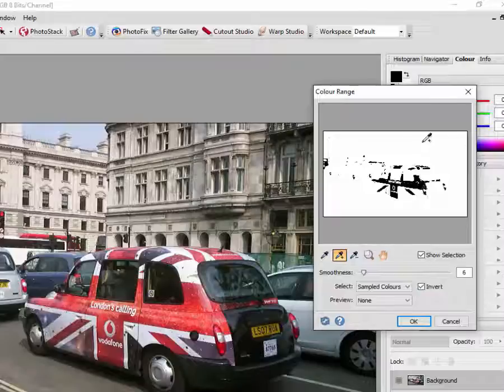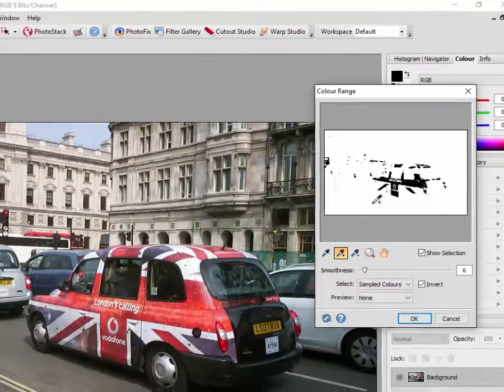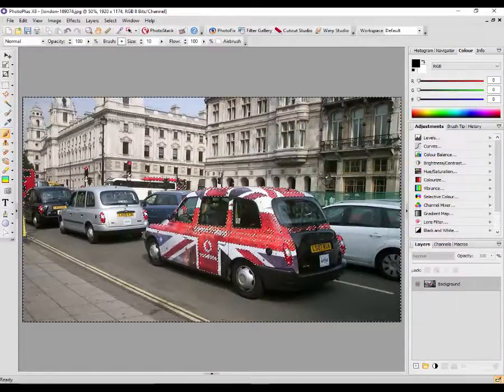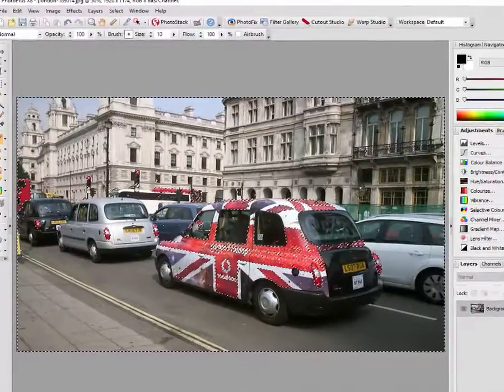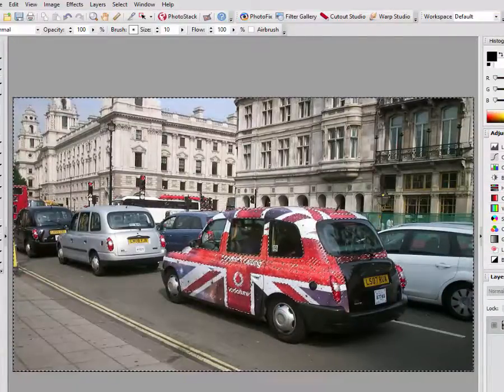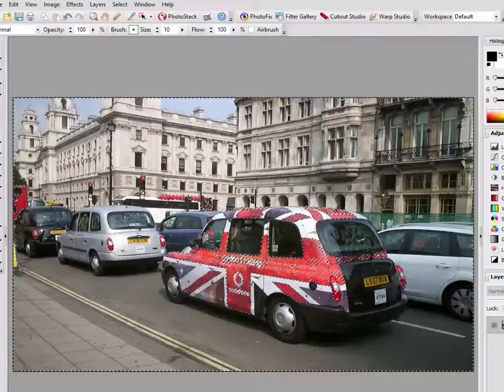So now the black areas, which are the ones I want to select, are now where I were previously white, and what is now white were the previous black areas. So if I click OK, as you can see, I've now got the marching ants around the outside, and all this image around here and the outside is in the selected area, and a lot of the red areas